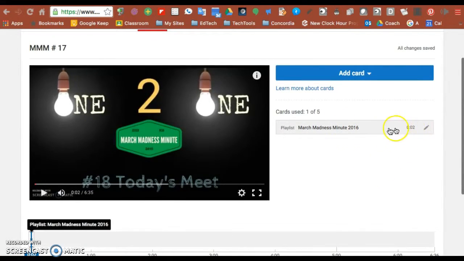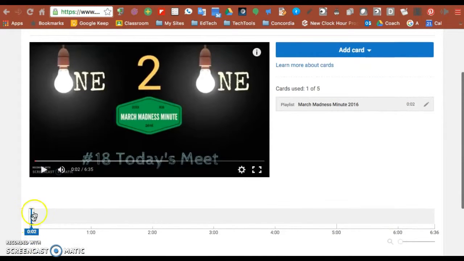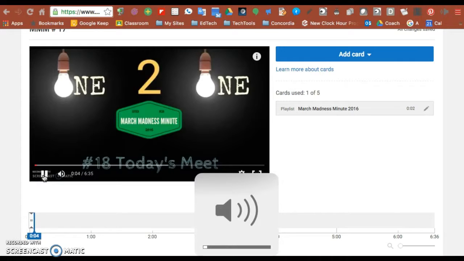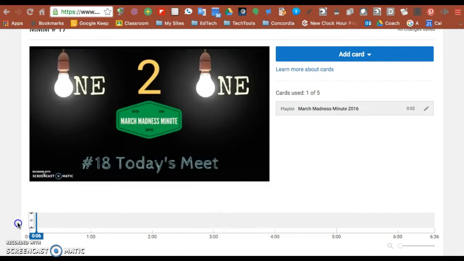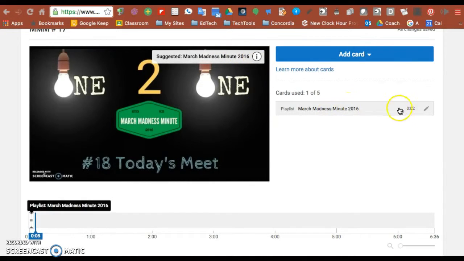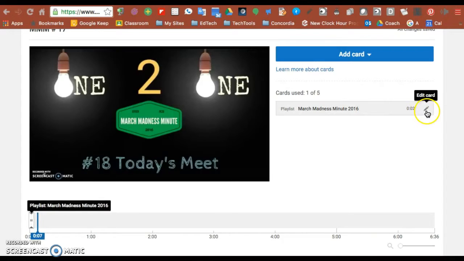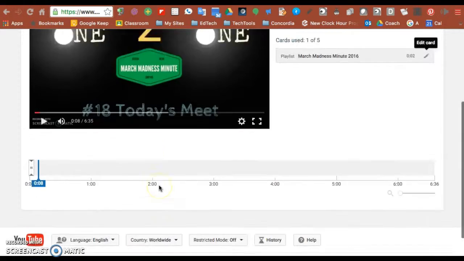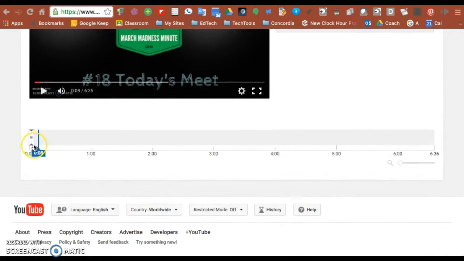So here it's going to play. If I look down below, it shows right when it's going to play. Number 18. Today, Stephanie Spencer is going to show how to use today's and oops, it looks like I missed it. So there it pops up right in the corner. So it came up at the 2-second mark. And so I can leave that card there, or I can move it around and have it in a different location. If I want it longer,